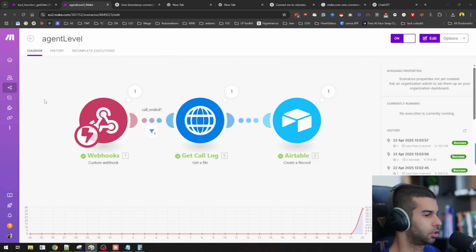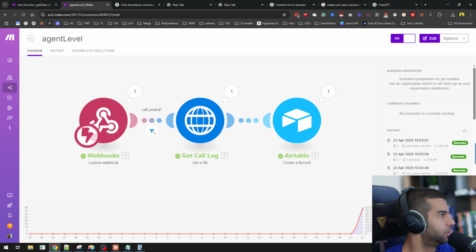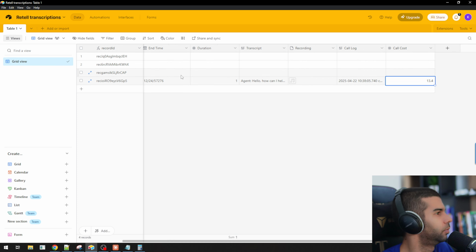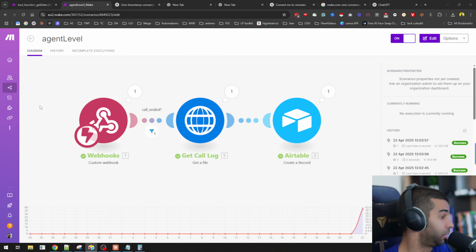Awesome. So this is actually working as expected when it comes to the stuff in Retell. The only thing that I'd need to update would be the start and end time right here. So that this would be the correctly formatted date. But pretty much apart from that, it's relatively easy to set this up in Retell to connect it to different